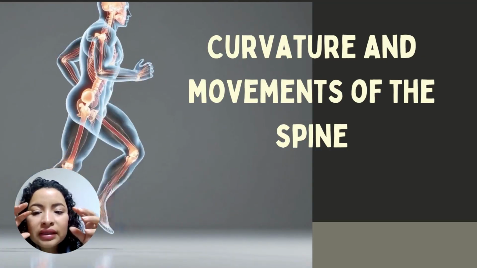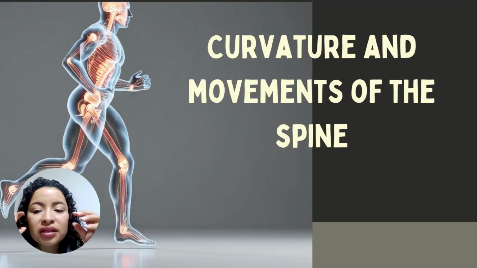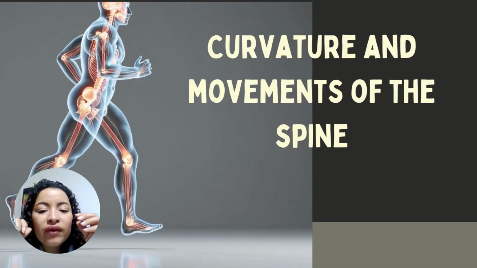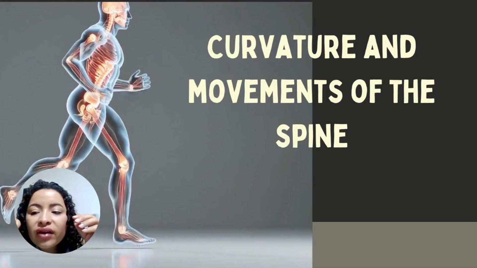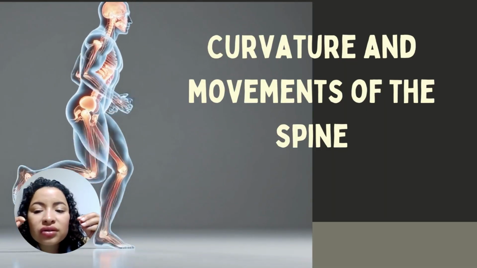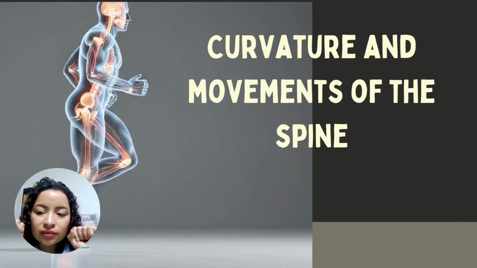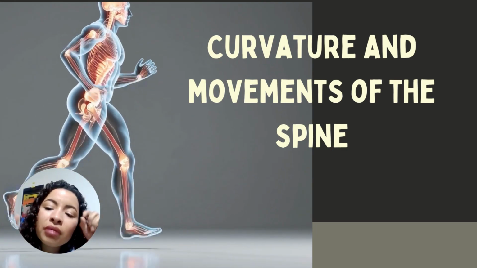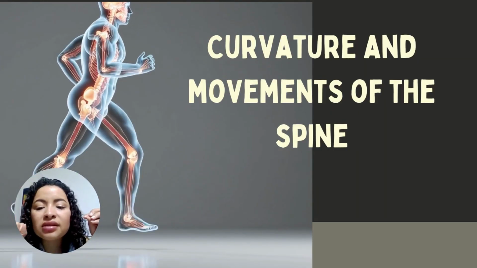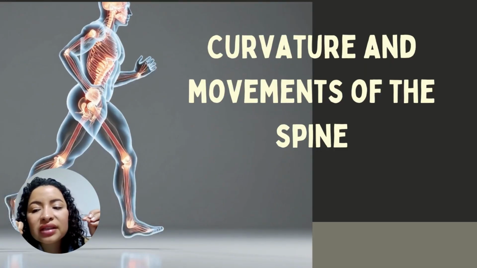The spine is capable of the following movements: flexion, bending forward; extension, bending back; lateral flexion, right and left; lateral extension, returning to the starting position after bending; and rotation, turning. All of these movements are influenced by the joints and ligaments already mentioned as well as by the thoracic